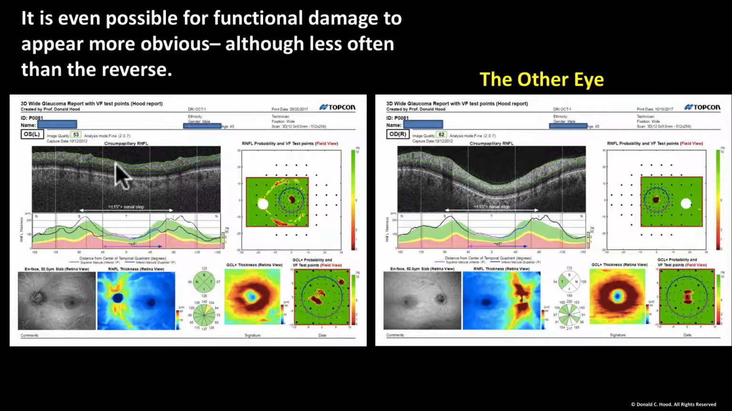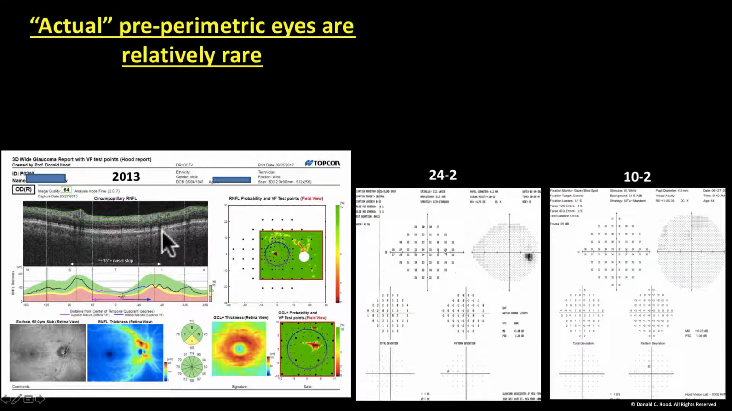That is, I think what happened here is this eye here started out life like this, started losing tissue, showed up on the visual field, and then eventually will show up on the OCT. However, it's true that pre-parametric eyes are relatively rare if you don't define pre-parametric by metrics, but you define it by abnormal regions. So here's an eye that's pre-parametric,